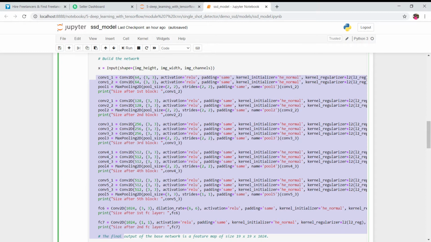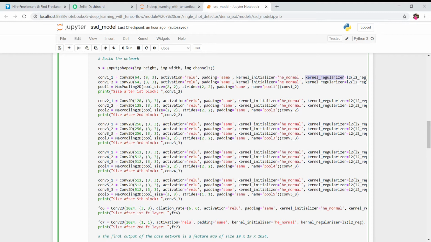Alright, so for now I'll explain one layer. In the same way other layers work, the only difference will be the number of filters. Okay, so the very first layer is a convolutional layer, and this layer is going to have 64 filters of size 3 by 3, and the activation function we are using is ReLU, and the padding is same, and then we are assigning the kernel initializer and the kernel regularizer.